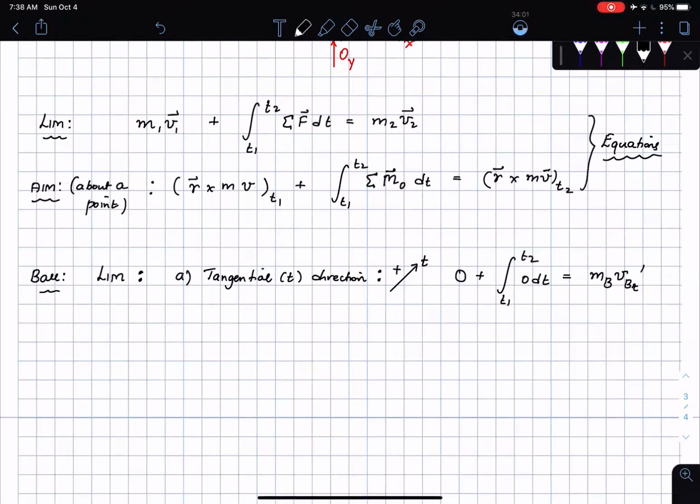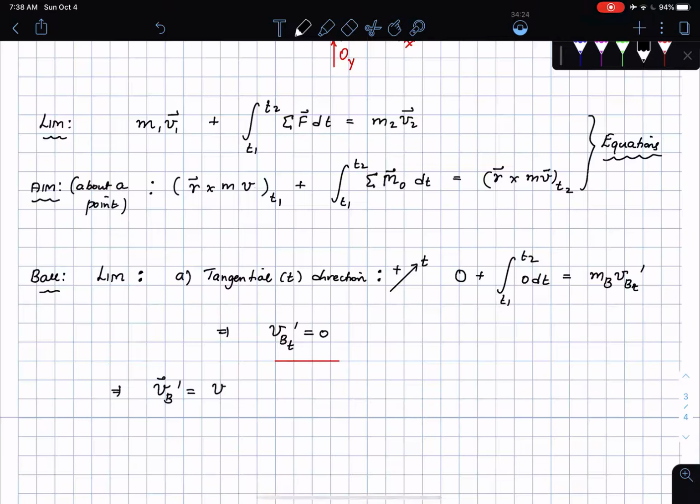So vBt prime is equal to 0. This was kind of expected because of how the problem is designed, but it is still good to know that the post-impact velocity of the ball is still only in the normal direction. So if I had written vB prime as a component in the tangential direction